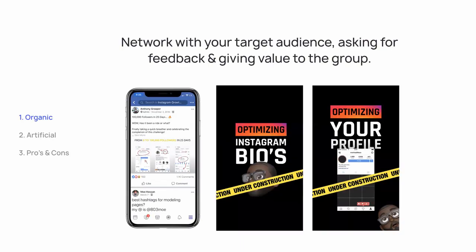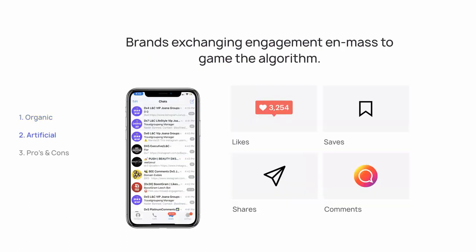So with organic, you're pretty much just networking, going on Instagram, going on Facebook or whatever, finding different groups who are on Instagram growth or LinkedIn engagement groups or whatever it may be, and people who are in that same kind of niche that you're in. So if you're selling drills, find people who are doing Instagram with furniture, or Instagram with do-it-yourself or whatever it may be. And whenever you make a post, they'll like your stuff and you can like their stuff too.